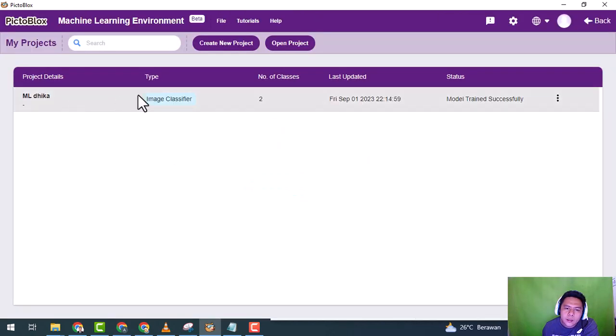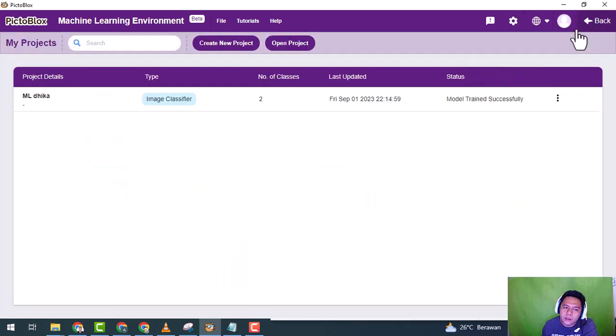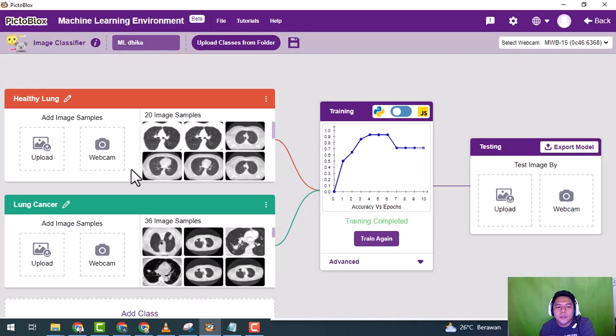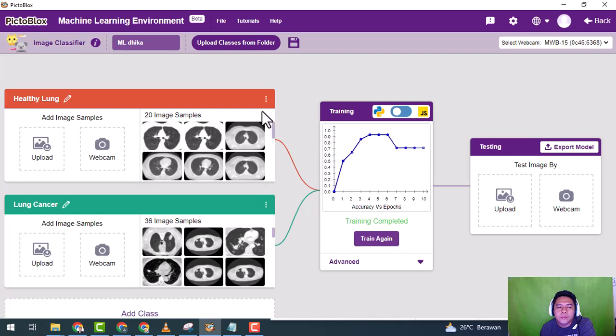Okay, here I already made an image classifier. If you want to make a new one, just create a new project, make the name, then select the image classifier and then click OK. Because I already made it, I just click this one. As you can see, there are so many datasheets over here. I already uploaded them and then made a class